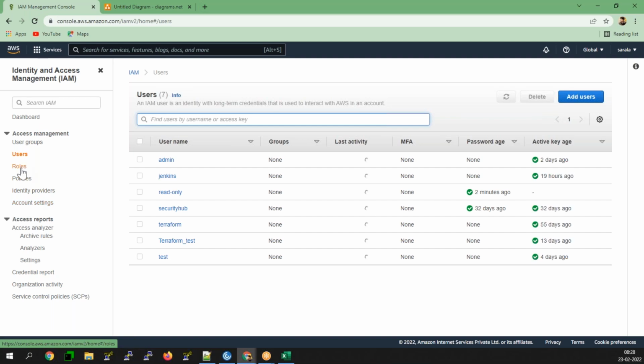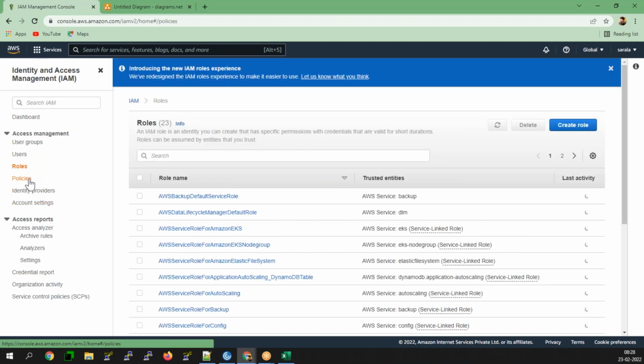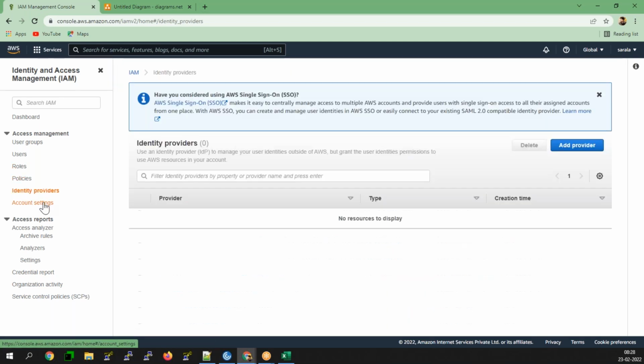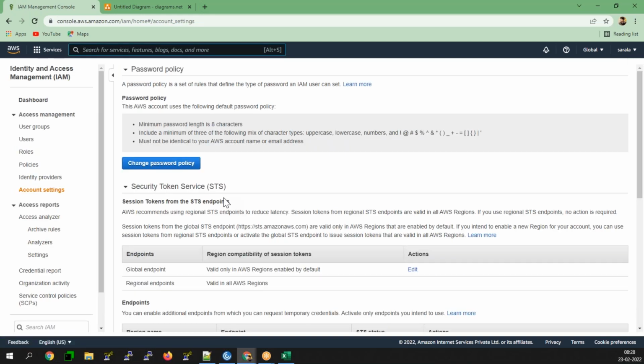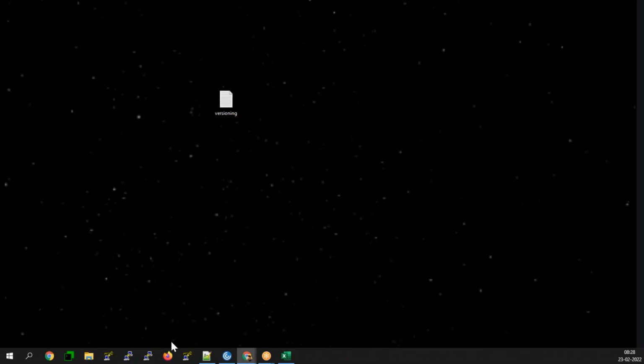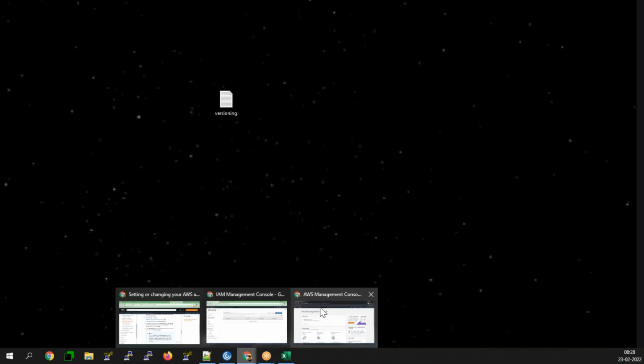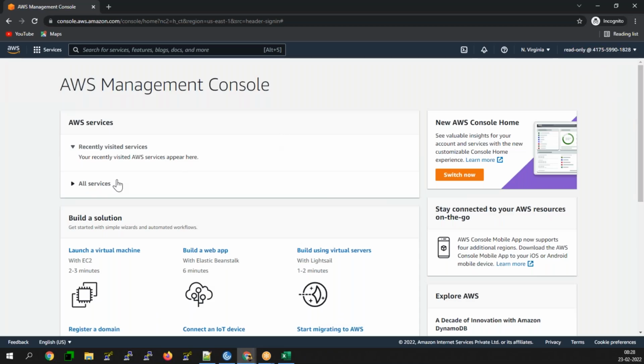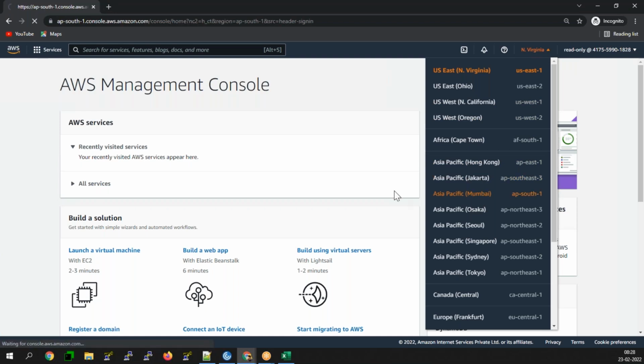Now here you need to understand how to restrict the access for your specific resources. For example, if you look at my respective user which has logged in with read-only, if I go to the respective Mumbai region where my resources are there.